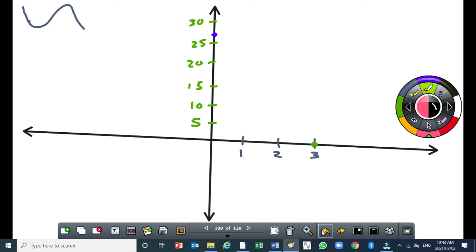So when I sketch it, remember here we have got a y-intercept. Since I'm going to have a minimum turning point here, I can sketch it as,